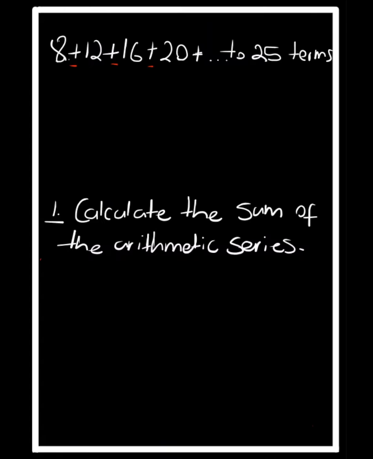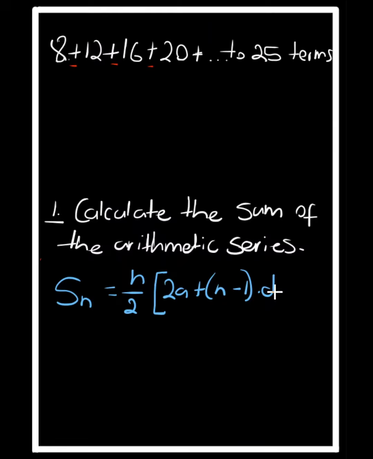So in this case, first things first, we need to know what's the sum formula for an arithmetic series. It's given by Sn is equal to n over 2, square brackets, 2 times a, which is the first term, plus n minus 1 times d, which is your common difference. So n is the number of terms, and we're told that there are 25 terms, which means we can always say that our n in this case will be equal to